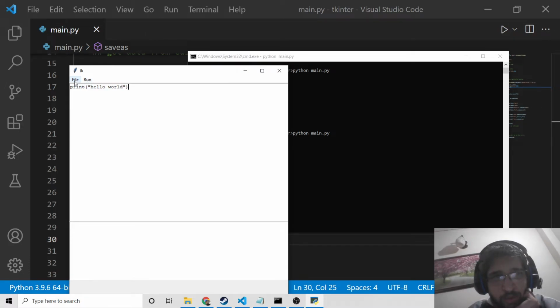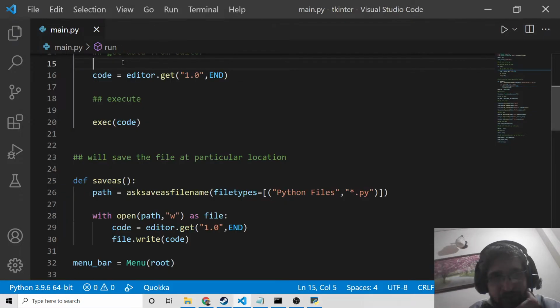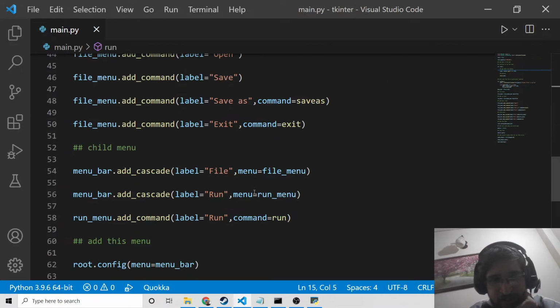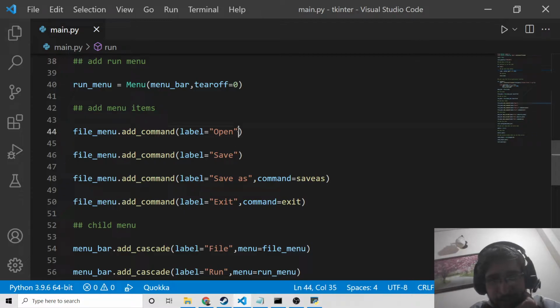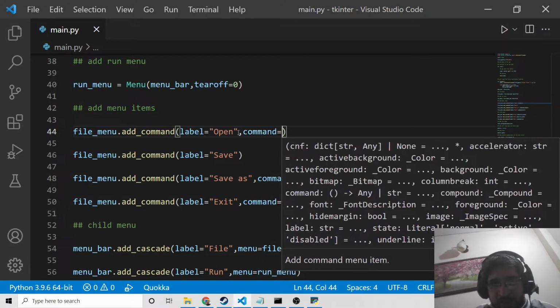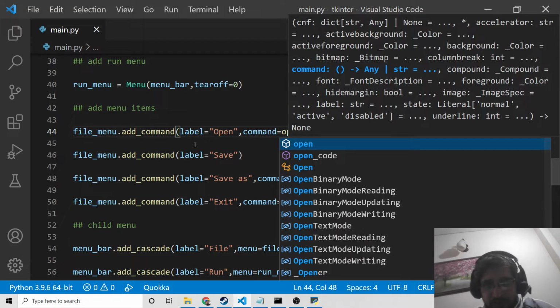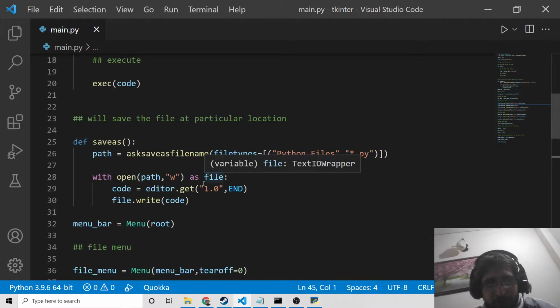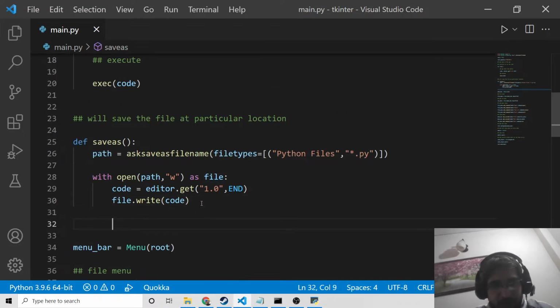Now we need to open an existing file by clicking the open button. So this is very much easy, guys. What we need to do is that we need to go to the open command here and put a command here which will be open. That's it. So we need to write this method just after this. So this will open an existing Python file,